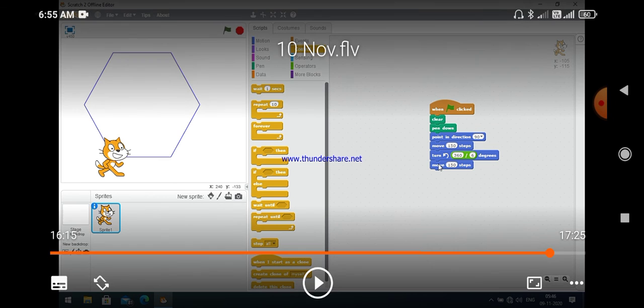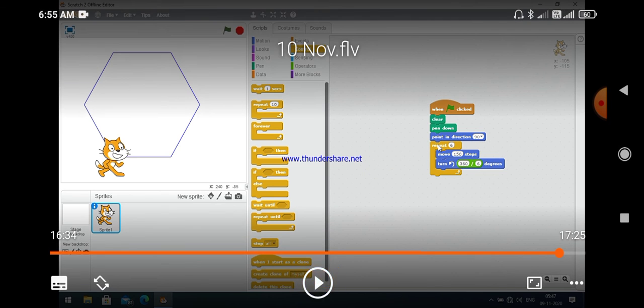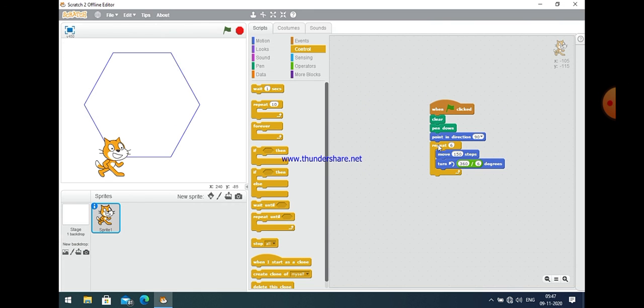So we just take a single pair, move and turn. Now select control, repeat control, and give the value 6 to create a hexagon, and then put these commands into this repeat control block.